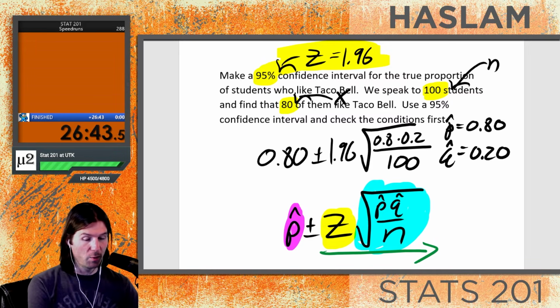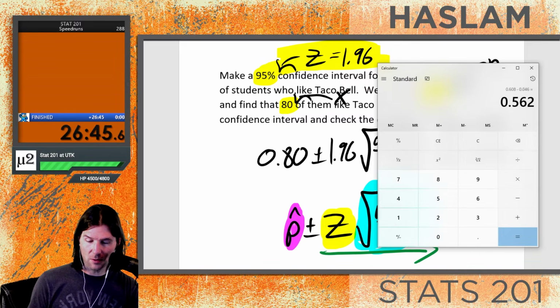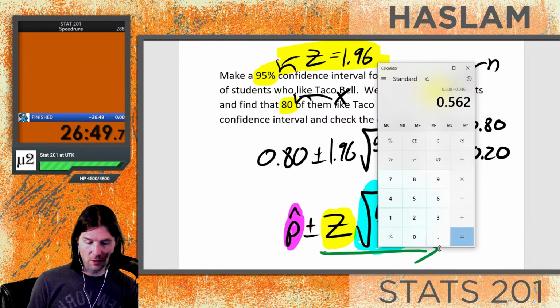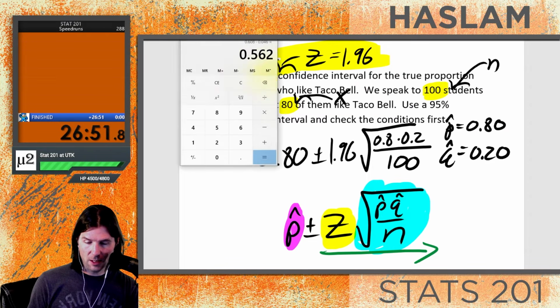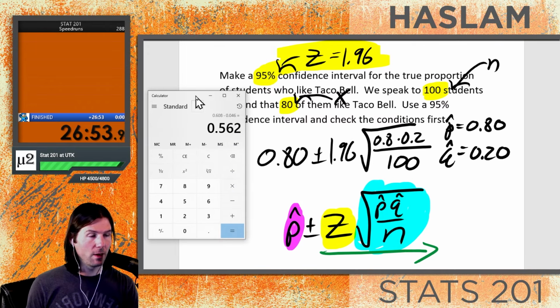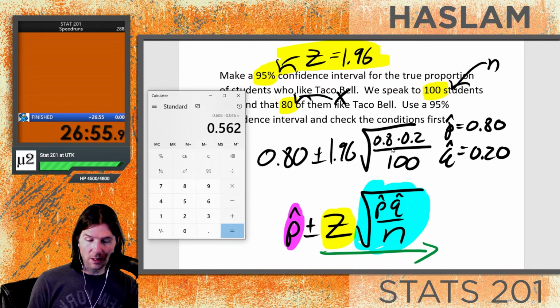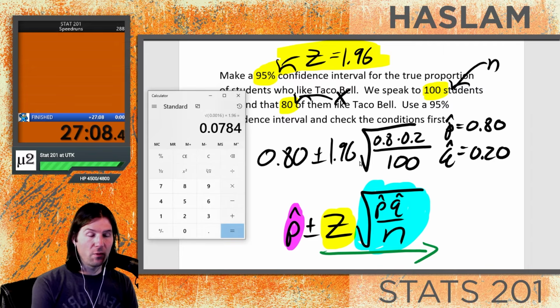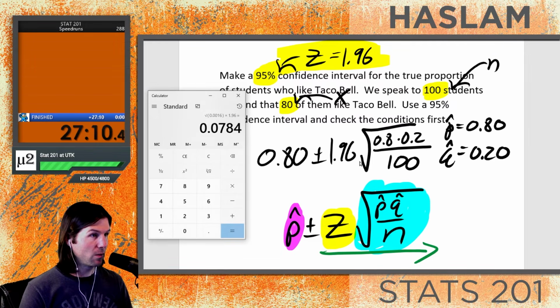Be very careful as you put this into your calculator. Let's check this out right here. So here we are with our calculator. Let's get it nice and situated on the screen so we're not blocking anything. Perfect. So I always start with the inside portion right here, 0.8 times 0.2, divided by 100. We've now completed this portion. We'll square root now and times it by 1.96. And we have now found the margin of error. The margin of error for this interval is